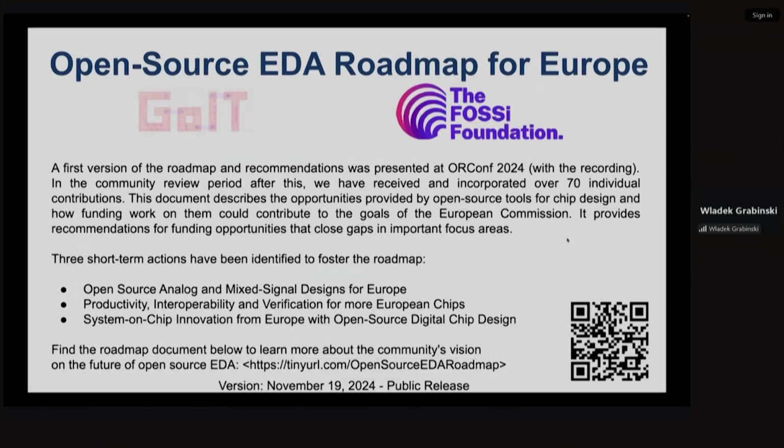In Europe, we were trying to coordinate open source EDA development, and a huge group of experts defined the open source EDA roadmap for Europe. This was mainly coordinated by the FOSSI Foundation. As a result, we defined three main actions in this roadmap to support analog and mixed signal design: help in productivity, interoperability, and verification across Europe.